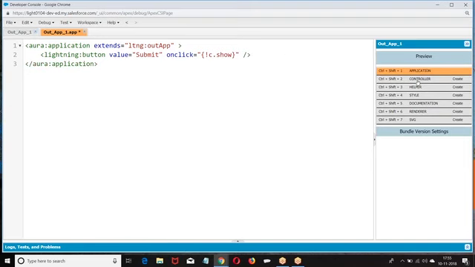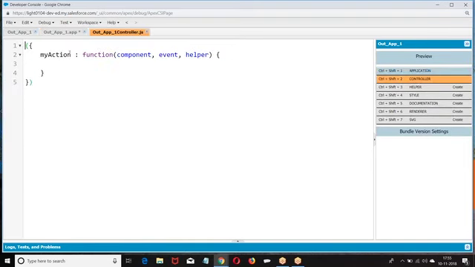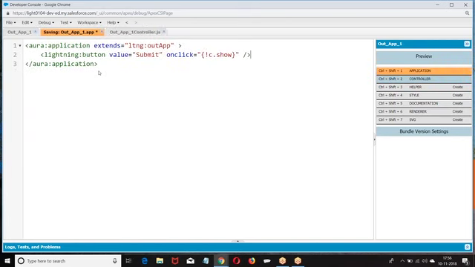C.show. Create a controller. Right. This is what we have created.